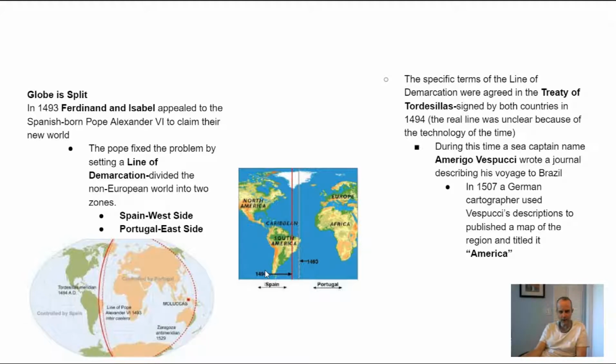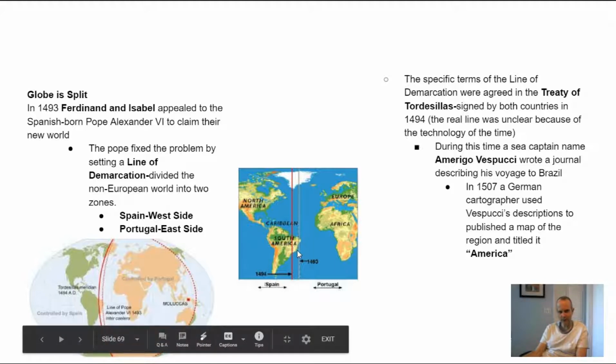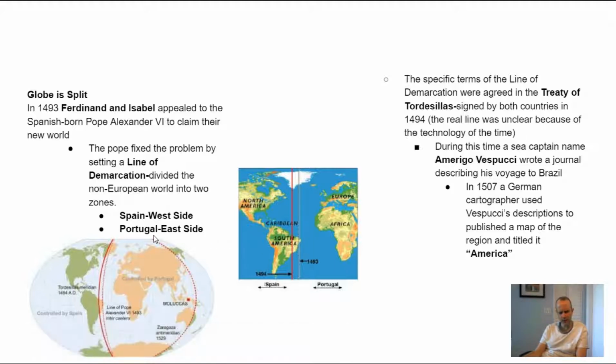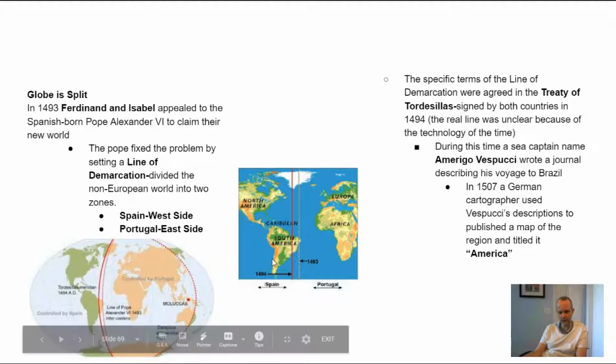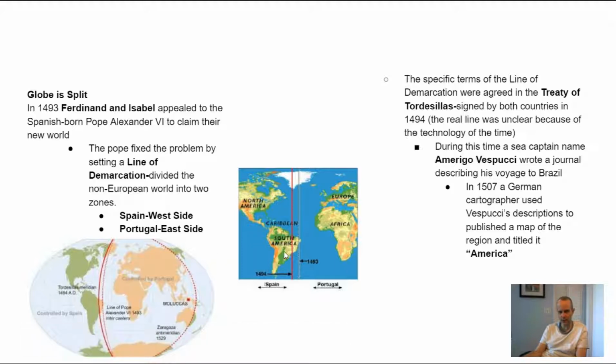That's also why today you can think of this section of South America, this is Brazil, where they speak Portuguese on the east side, and in the rest of South America they speak Spanish, the west side. Now it doesn't look like a very fair line, because they gave this section to Portugal and this section to Spain, but they also didn't realize how ginormous North America and South America are. So they both agreed to this line, and the treaty is called the Treaty of Tordesillas, and this basically agrees to the line of demarcation that the Pope draws to settle any disputes for finding and